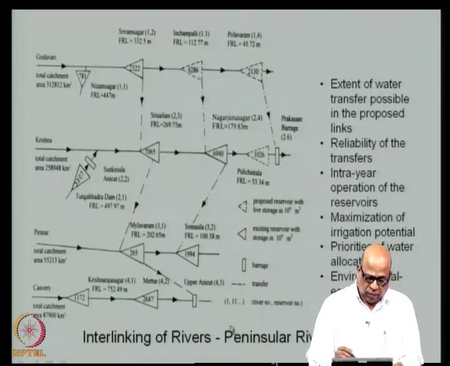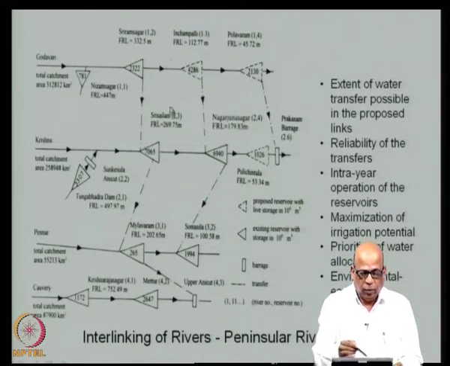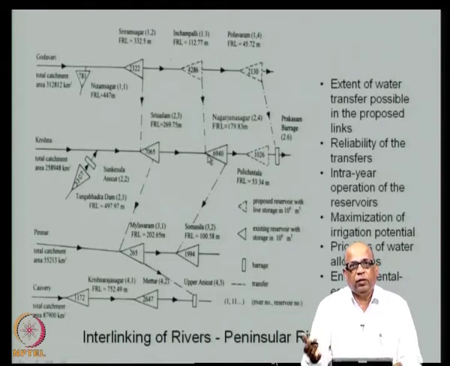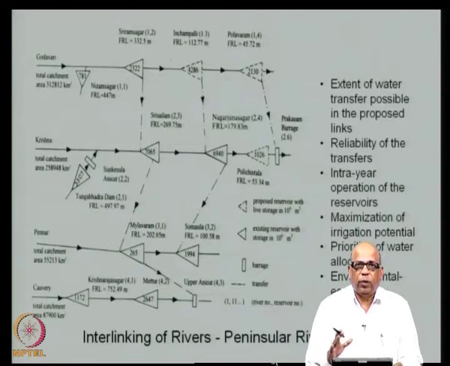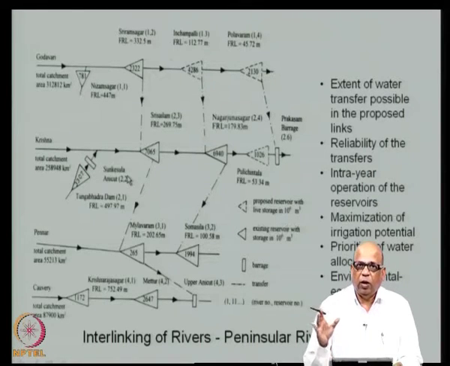If you want to do that, the way you go about it is to build a system simulation model where you are able to simulate the entire system, how the system is likely to behave once you put these links with given dimensions, with given gravity flow, pumping flow, combinations of the two and so on. So, when you have the physical system in place, you reproduce the behavior of the system mathematically on a computer, and that is what is called a simulation. So, you simply mimic the behavior of the system through simulation.